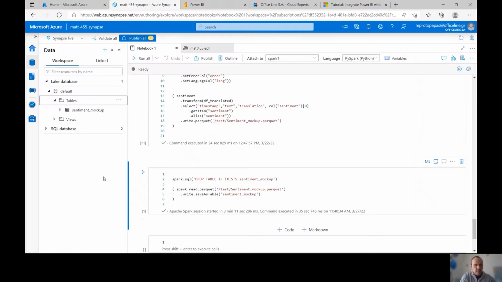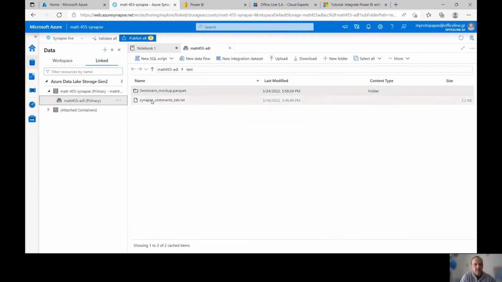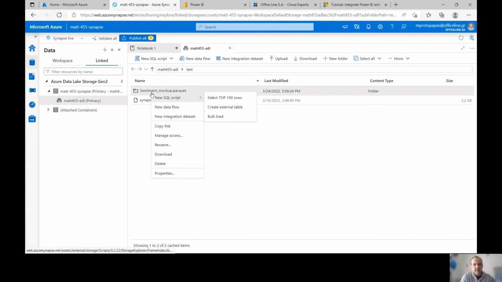So as I said, another way to do it is to create an external table in the SQL pool of Azure Synapse. So if you remember, this is the file. You can right-click the file, select New SQL Script, and create external table.